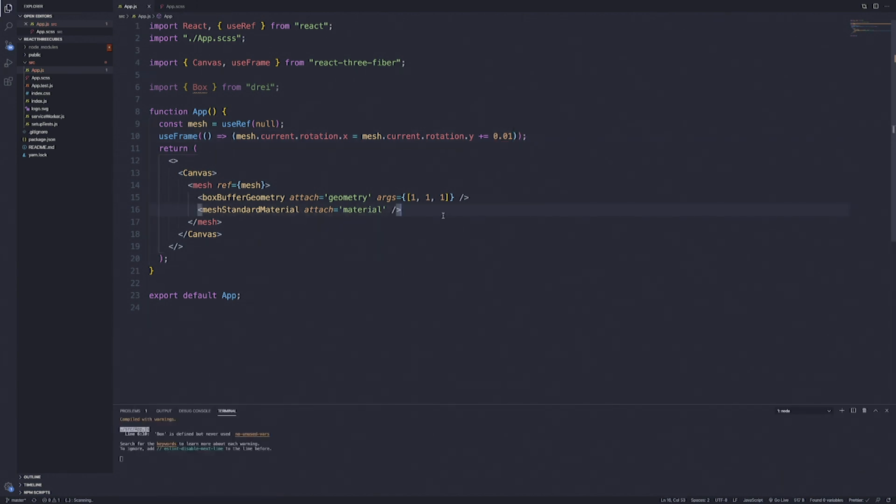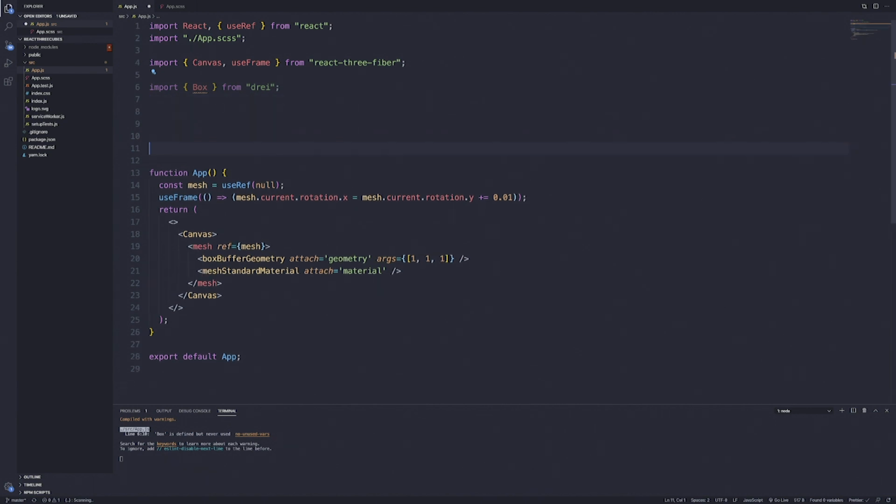Now with using useFrame, one hiccup that I've had in the past, and it's mentioned in the documentation, is that you cannot use useFrame within your app component or the component being displayed. You'll need to extract this mesh into its own component using useFrame and then import it into your app or whichever component you're exporting out into the page. So if that gibberish didn't make sense to you, what I mean by this is we'll need to extract